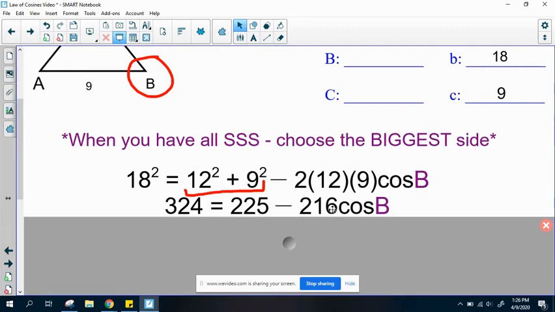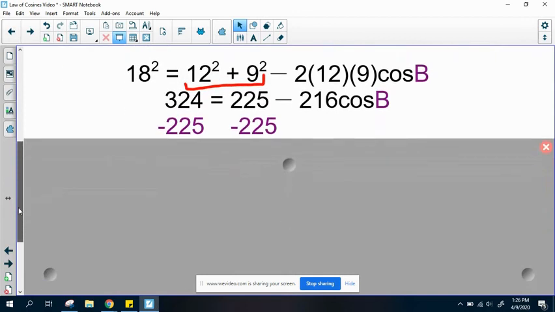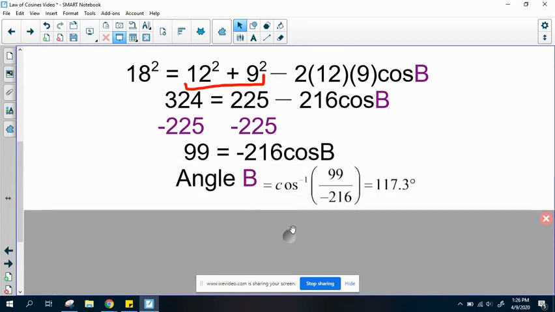Now, I cannot subtract these because this 216 is attached to this cosine. So instead, I'm going to take this 225 and subtract it over. When I do that, I get 99 equals negative 216 cosine B. So I'm trying to find this angle B here. I'm going to divide by 216. But since I want the angle, I'm going to do second cosine, the inverse. So for angle B, I do inverse cosine of 99 divided by negative 216, and I get